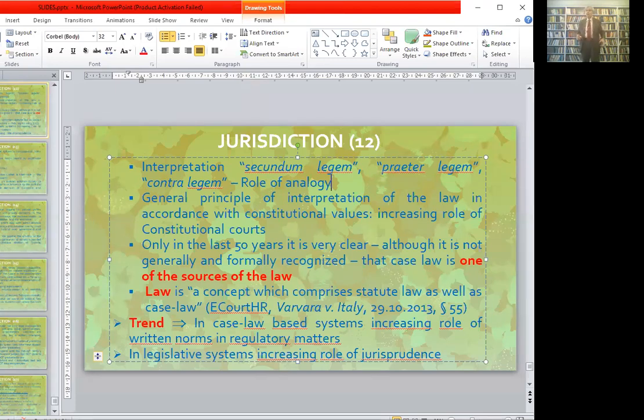And here I just put a quote from the European Court of Human Rights, which is there to apply, to enforce the European Convention of Human Rights. We've seen it. So these fundamental rights expressed in post-World War II Europe. And we find this principle expressed on many other occasions. In this case, which is a case of 2013, law is, quote, a concept which comprises statute law, statute law being the one enacted by Parliament, as well as case law. Close citation. So just to point out that we have a general consensus that decisions by the court are law,